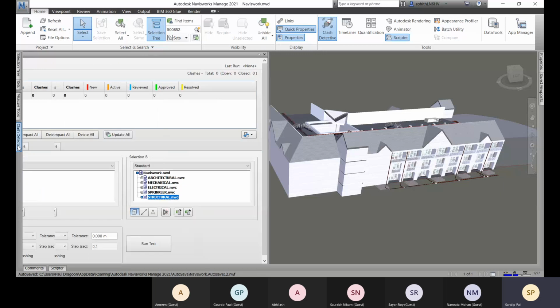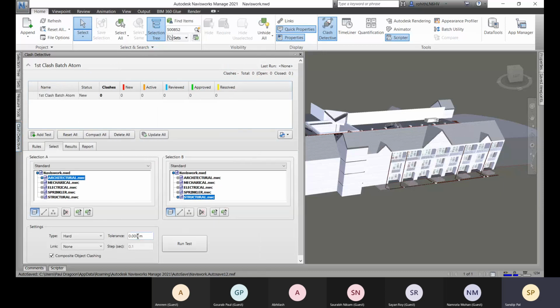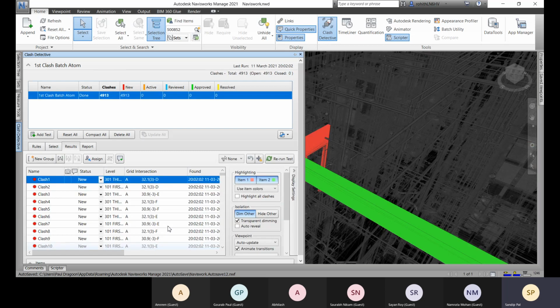Okay. So this architecture is selected right now, and this structure is selected right now. And if we need any tolerance, we will specify that later. Let's run the test. Click on run test, and here you can see that we have 4913